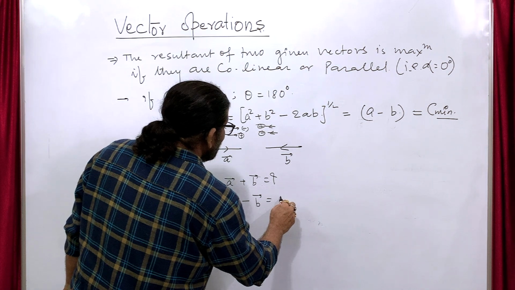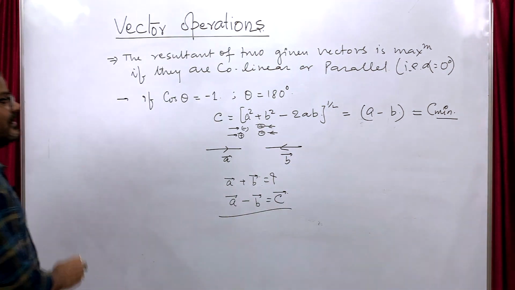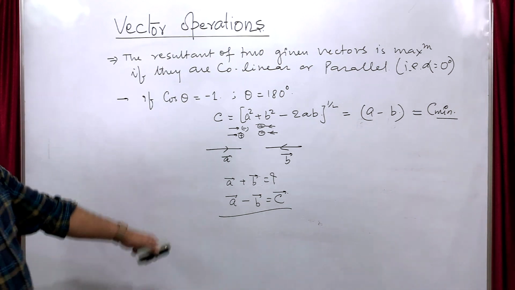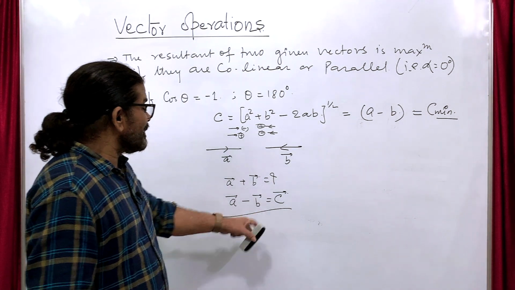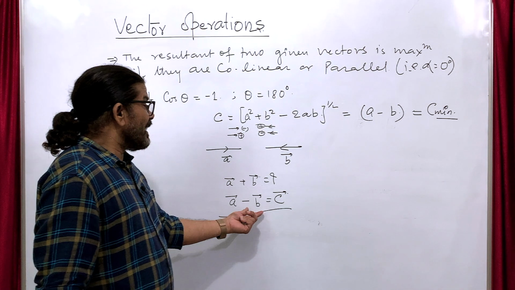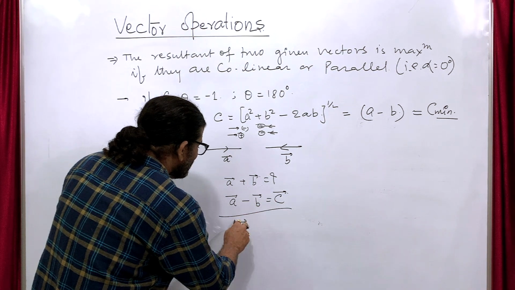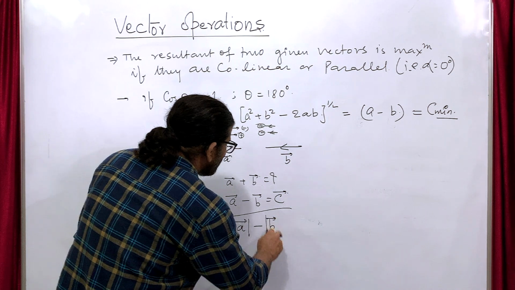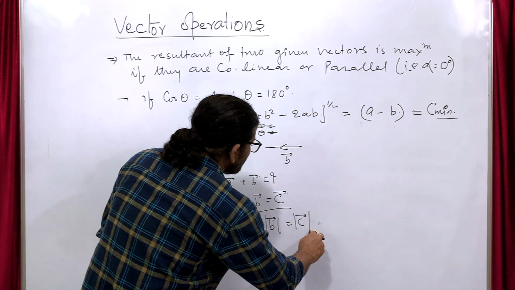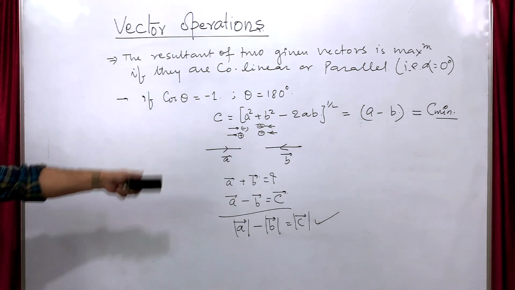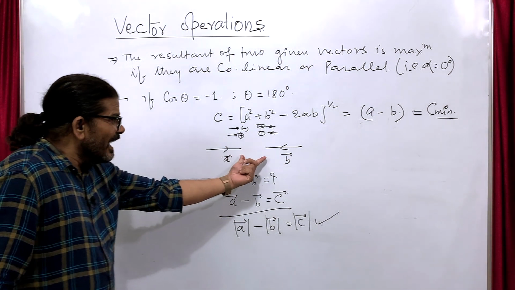Negative, and then we can say this is vector C. That is the resultant of vector A and vector B minus your vector B. So it means here, as you can see, this is magnitude minus magnitude of B, which can also be written like this. Correct, because here, as in the figure shown,